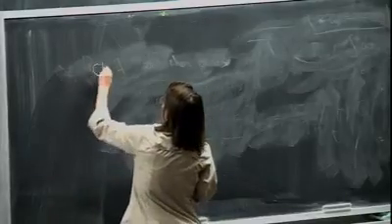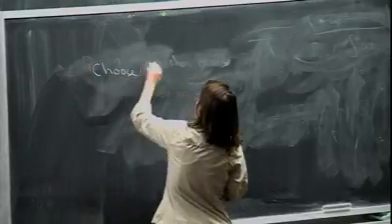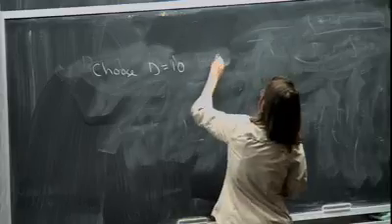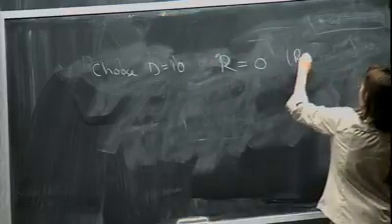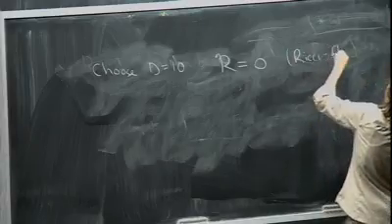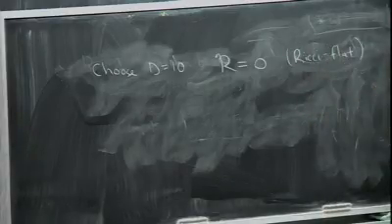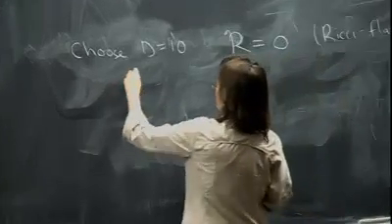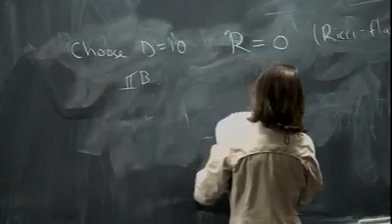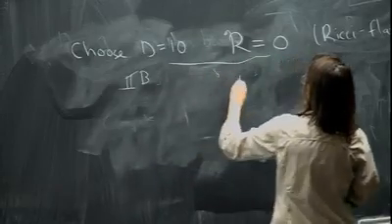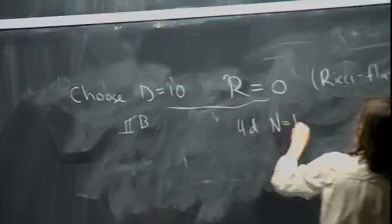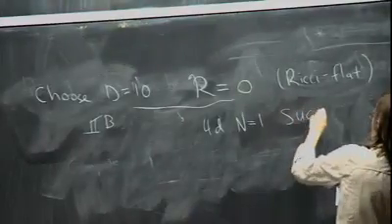So there you choose D equals 10, you choose R equals 0, because you choose a space which is classically Calabi-Yau, Ricci flat. You work in type IIB, just for detailed reasons. And okay, if you do these things, you get a 4-dimensional N equals 1 supergravity theory,